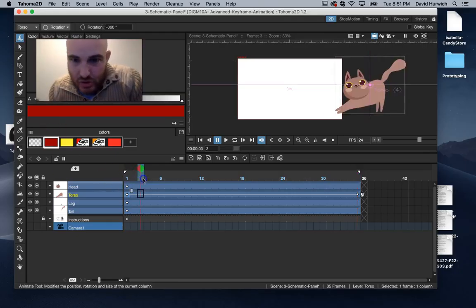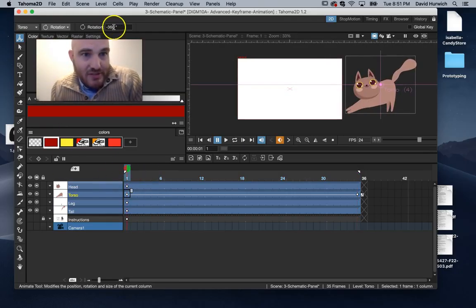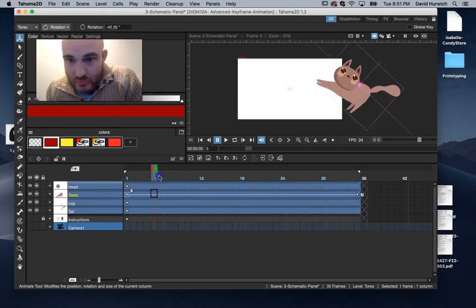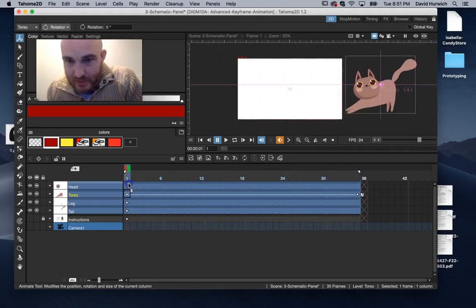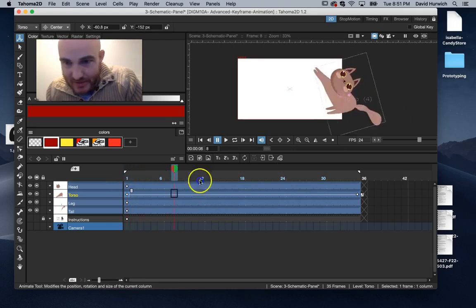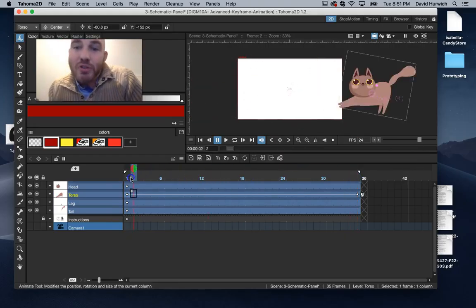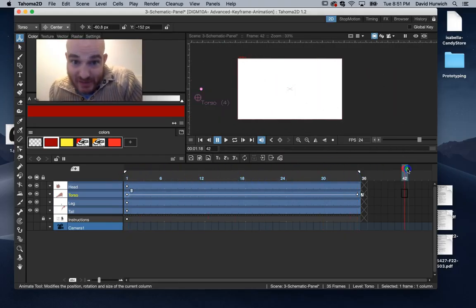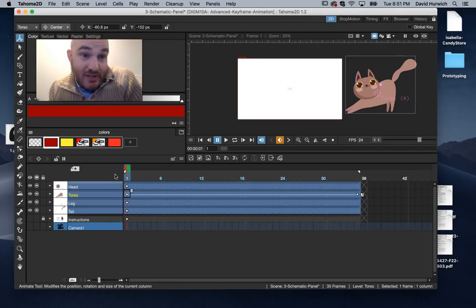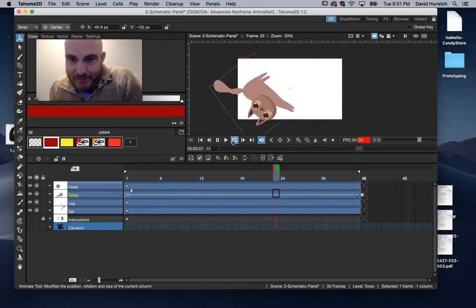So my cat, oops, and I'm going to set this to 0. So the cat's rotating here. I'm setting the middle of the object here, so it should rotate around that. So there you go, there's the cat. Notice that when the torso rotates, so does everything else. Not only does the position work, so does the rotation. So when I play this back,